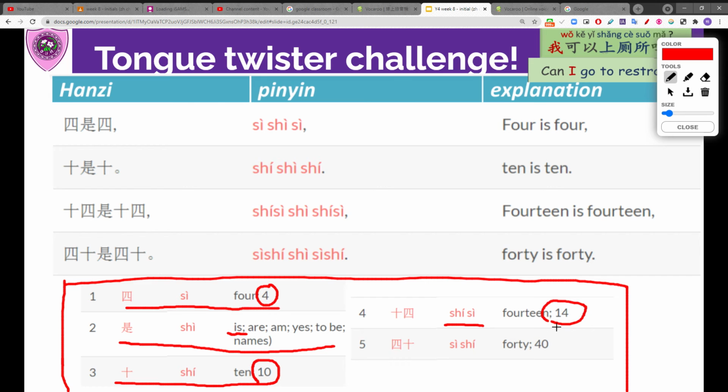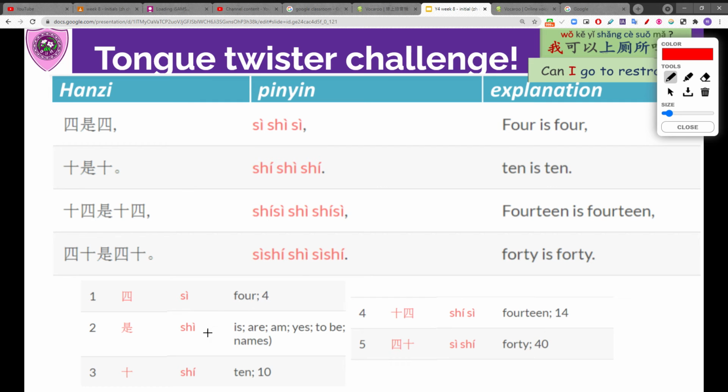14, which means 14. The last word here, 40, which means 40. Okay, so now you can practice by yourself with these 5 words because the tongue twister is made of